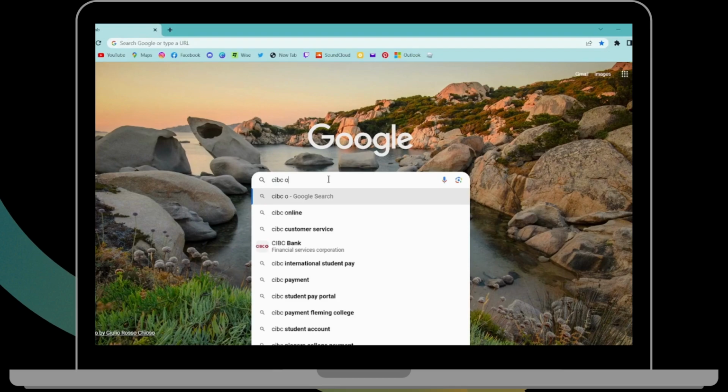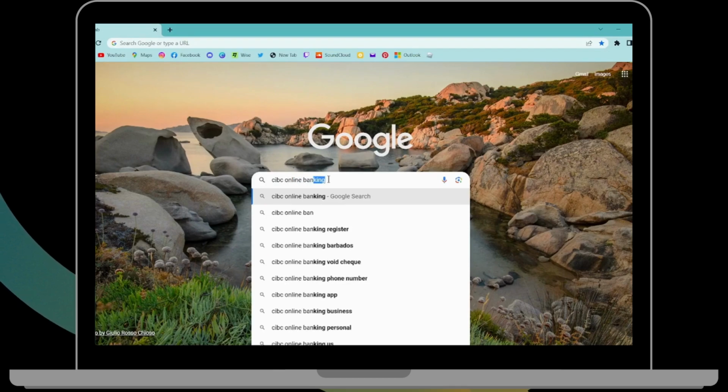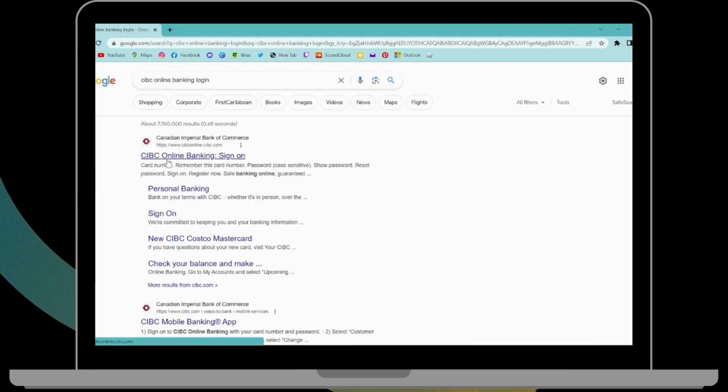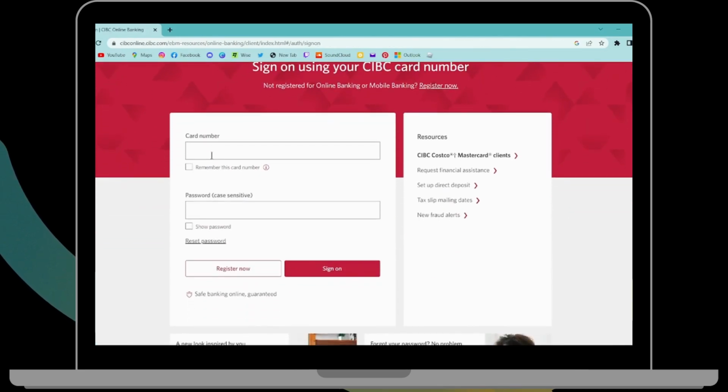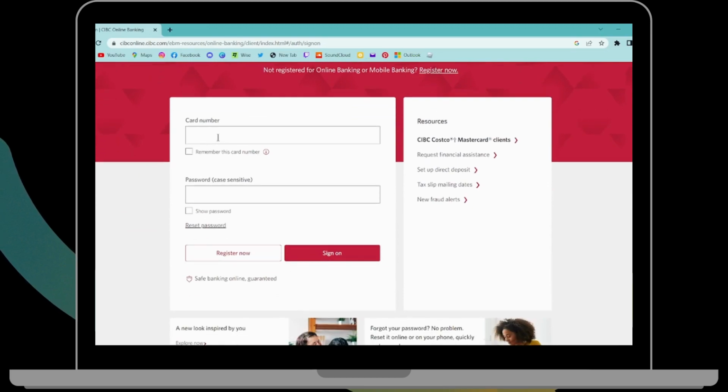CIBC online banking login. And here on the first search you will have CIBC online banking sign on. You can click on that, and now here if you scroll down on the first blank you have to enter